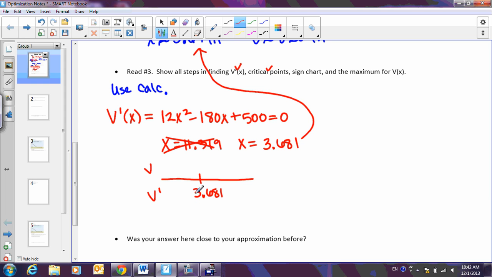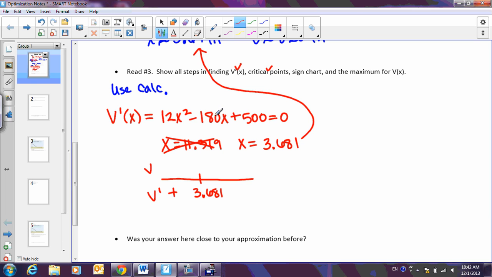In chapter 3. And so I'm going to plug in a number like 0, and if I were to plug in 0, I would get a positive, right? It would actually end up being 500. And if I plugged in something larger than 3.681, and I'm going to go way large, I'm going to think like a billion. If I were to plug in a billion, this first term,